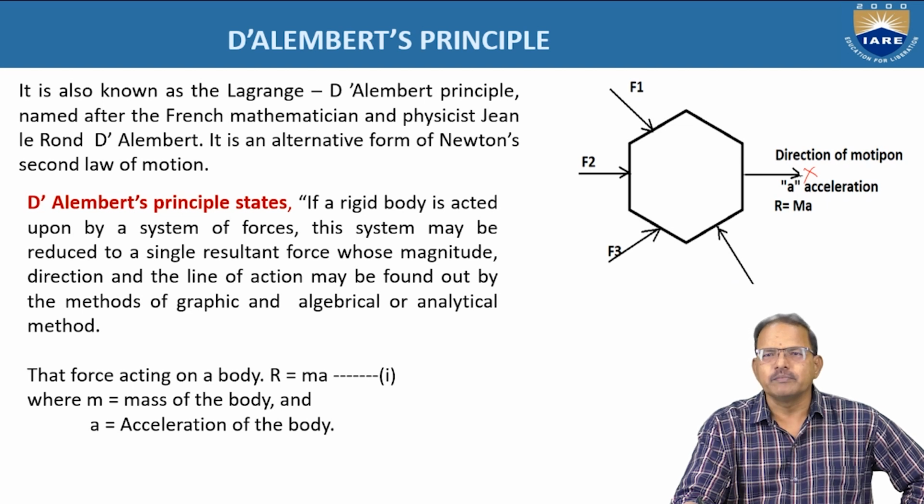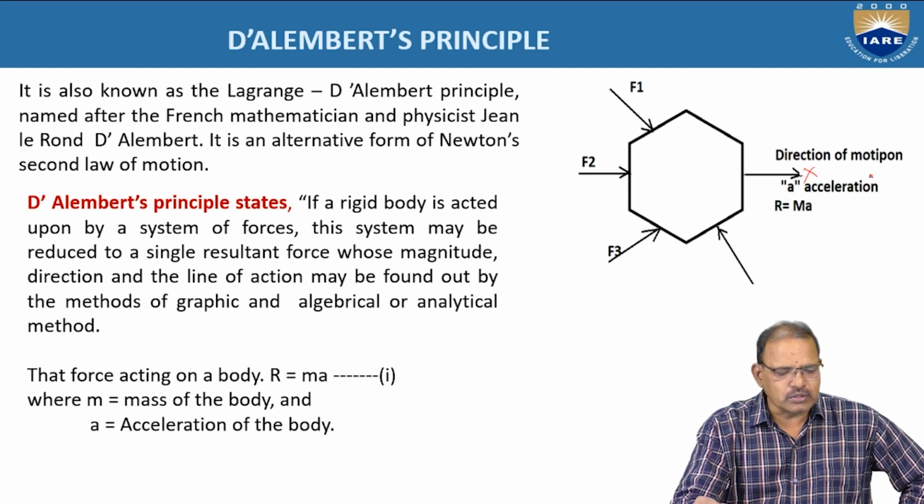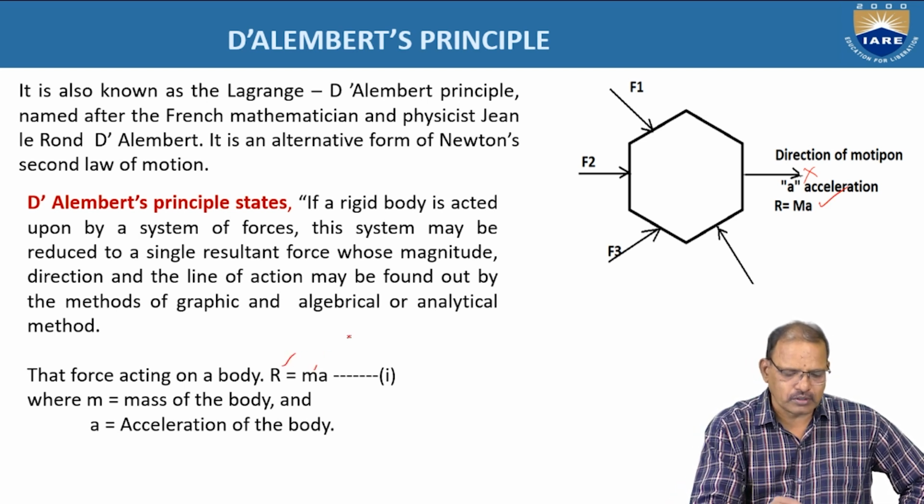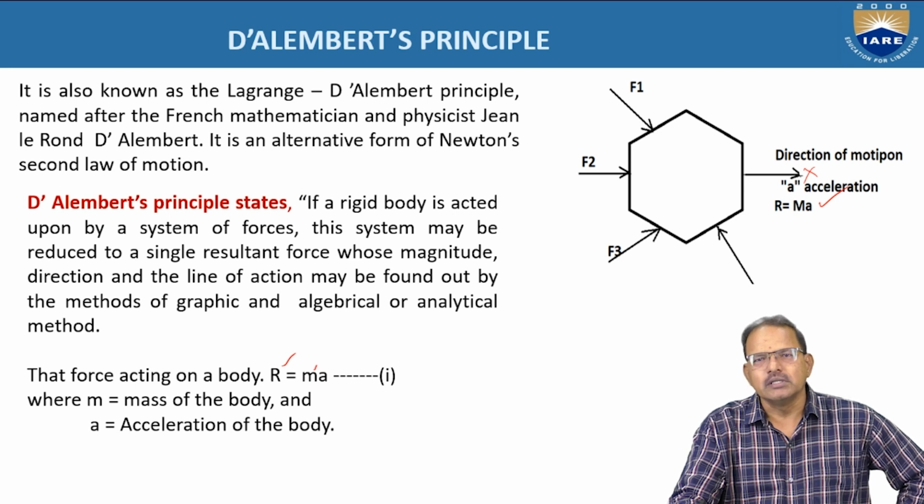That means if R represents the resultant of F1, F2, F3, F4, which are acting on a body having mass m, and it moves in the direction of x with an acceleration of a, then according to Newton's second law of motion, we can represent it as R is equal to m into a, where R stands for the resultant of all the forces, m is the mass of the body, and a is the acceleration with which the body is